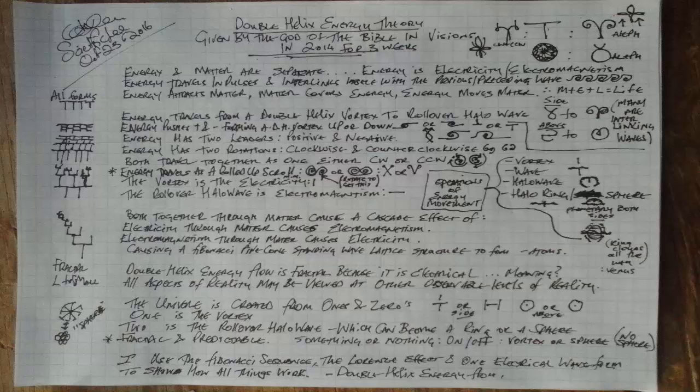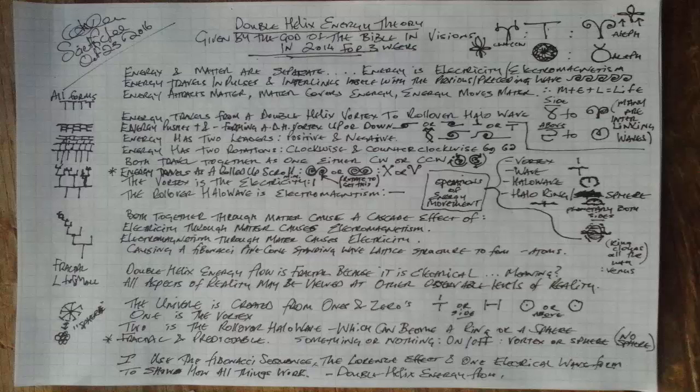Energy is actually traveling as a rolled up scroll, as seen by the configurations of travel that I just explained a few minutes ago. The vortex is the electricity. The rollover halo wave Ouroboros is electromagnetism. Both together through matter cause a cascade effect: electricity through matter causes electromagnetism, and electromagnetism through matter causes electricity, causing a Fibonacci pine cone standing wave lattice structure to form atoms and water flow